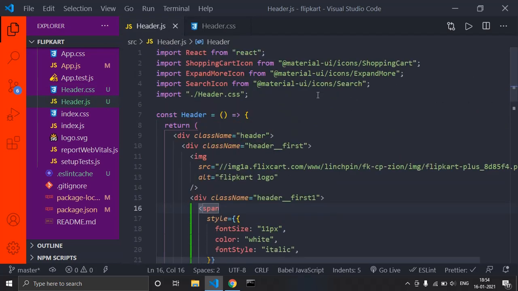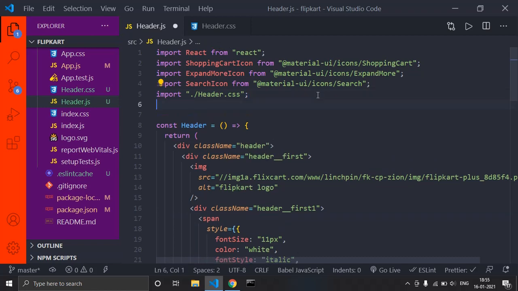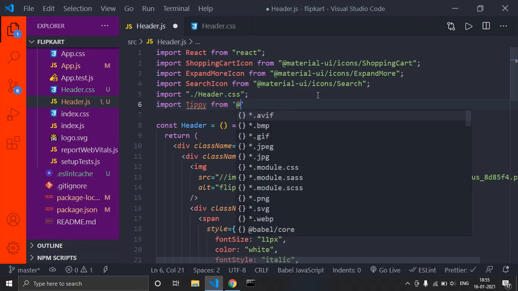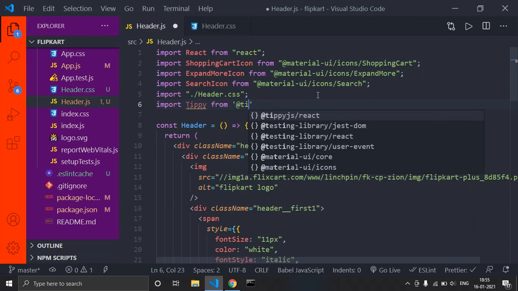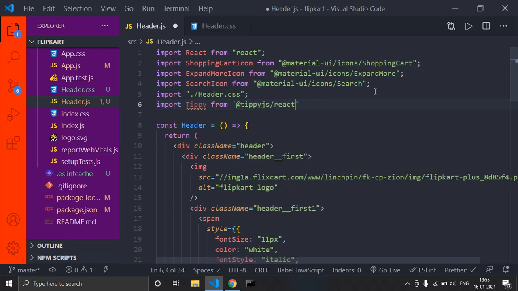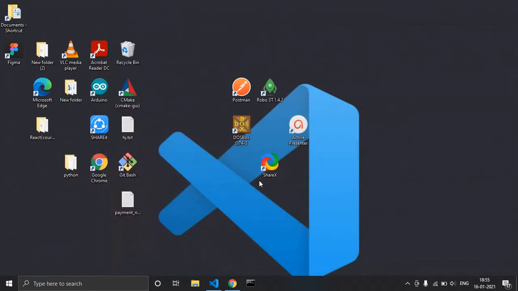See, we have just now installed the package tippy, right? But in order to import that, just type in import Tippy from @tippyjs/react, or else you can directly get it from here.